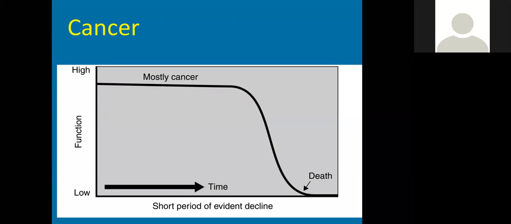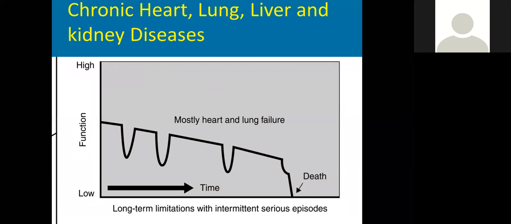Next slide. All the other end-stage organ conditions which you see, whether it's heart failure or lung failure, if you look at this graph, what happens? The decline, there are dips, and the patients become very bad. They get to the hospital, they are treated, they get all right, and they go back home. Again, there's a dip, and they become sick again. They go to the hospital, they get better, and go home. If you see all these dips happening, with each dip, the general condition declines. The performance status overall has a gradual decline, and we don't know at which dip they will die. That becomes a challenge because